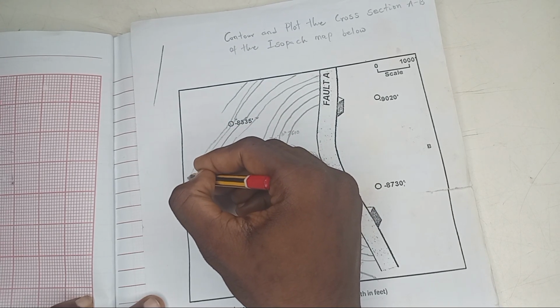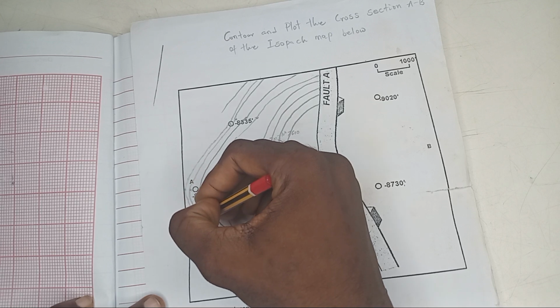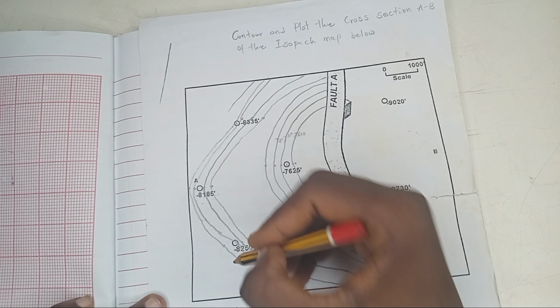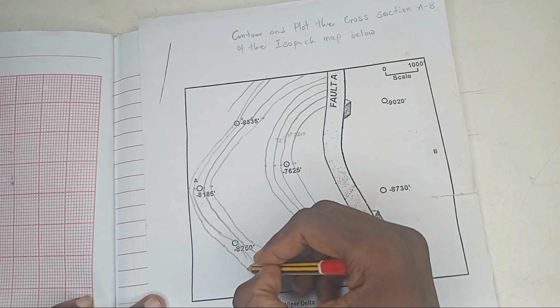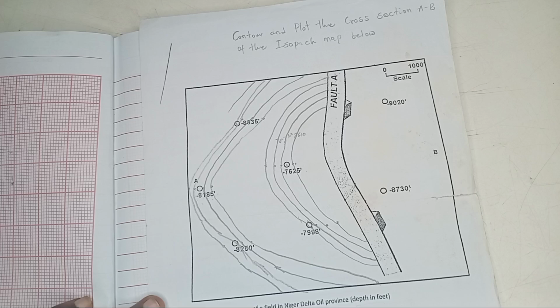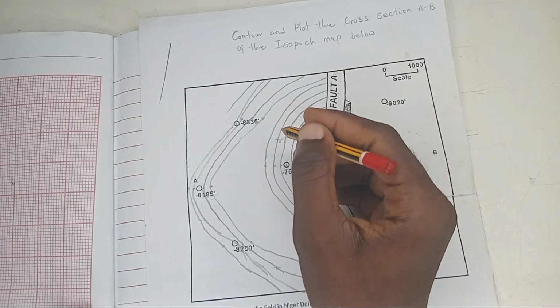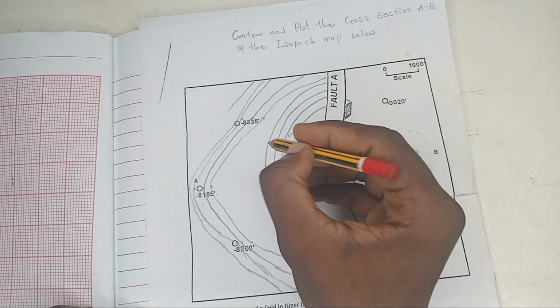Okay. Make sure that your contour lines don't intersect. It's very, very important. Contour lines should not intersect. Okay, that's 8,300. Now 8,400. Now 8,400 should be that